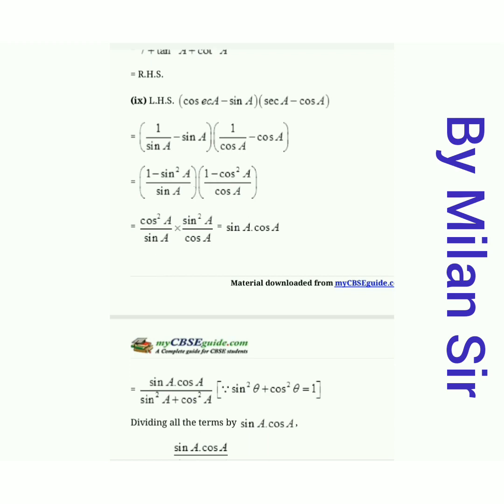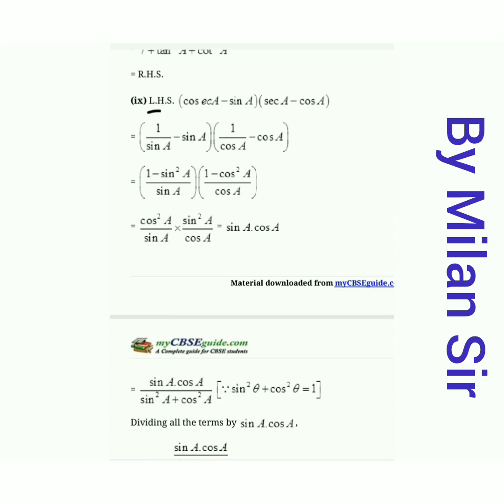Now in this step, we can write like sin A into cos A divided by 1. Then put the value of 1, it's sin square A plus cos square A, and divide all the terms by sin A into cos A. So we can solve this question by using this method, but this is somehow difficult because here we cannot get the logic that divide by 1, put the value of 1 as sin square A plus cos square A, then divide all the terms by sin A into cos A. Okay, so we are going with a different method.